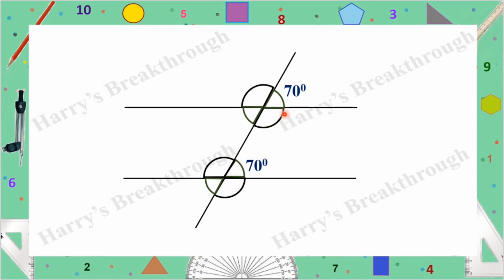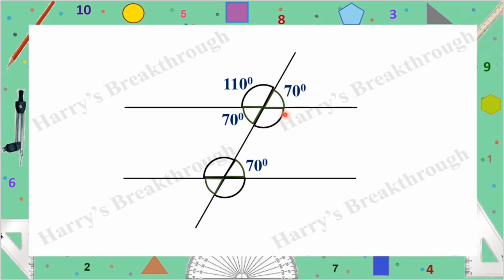In the last class, we studied that the angles at the same slope will be equal. Here you can see a pair of parallel lines and another line cutting across them. So these two angles have the same slope, and angles with the same slope are equal. And this angle is the opposite angle of this angle, so this will also be 70 degrees. And what will be this angle? Here we can see a linear pair. So 180 minus 70 degrees is equal to 110 degrees.